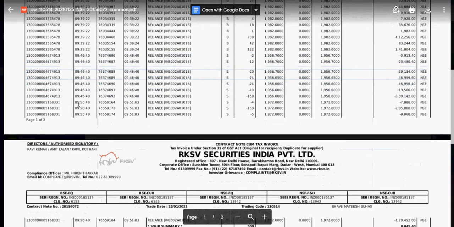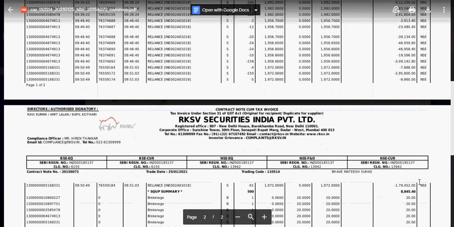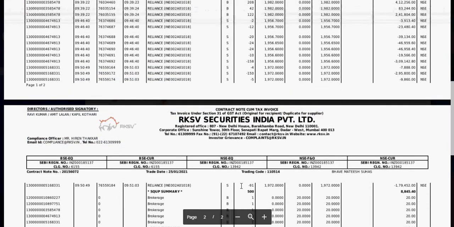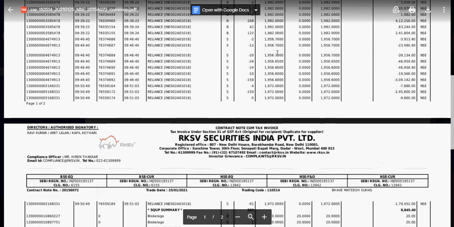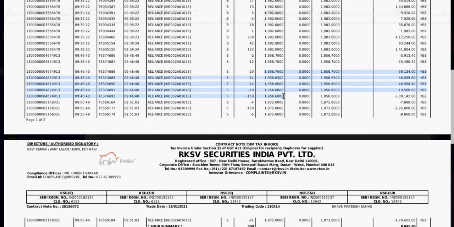After that I sold the remaining 250 shares at 9:50 a.m., and that is also shown over here. Here you can see these last 3 rows and this is the fourth row. Together these are another 250 shares that I sold at around 1972 rupees. This is a limit order, that's why all of them got filled at 1952, while this was a market order. Because this was a stop loss, this got filled at different prices. The stop loss was at around 1956.9, and it got filled at 1956.76 and 65. That is what is called slippage, because it was a market order and it got filled at different prices.